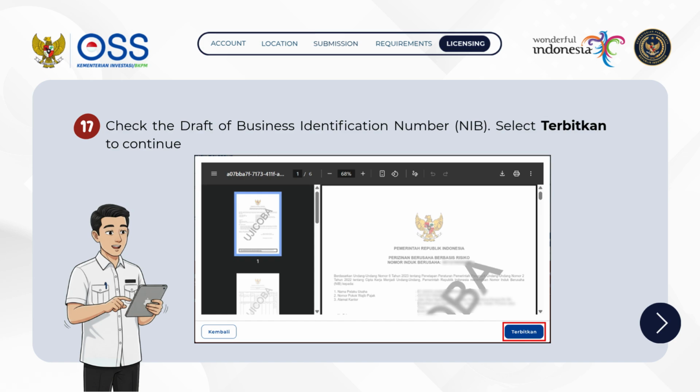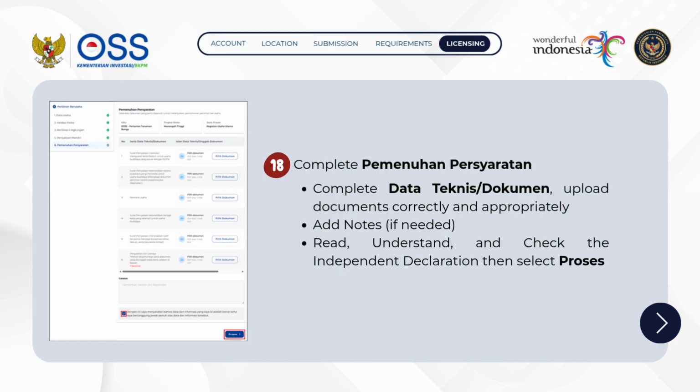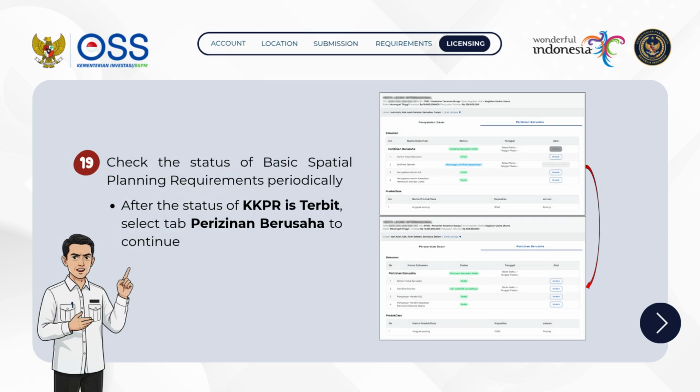Please review the displayed licensing draft. Complete Pemenuhan Persiaratan. Complete data techniques, document, upload documents correctly and appropriately. Add notes, if needed, read, understand, and check the independent declaration, then select Process. Check the status of basic spatial planning requirements periodically. After KKPR terbit, select tab Perizinan Berusaha to